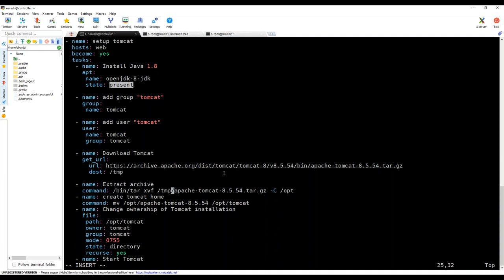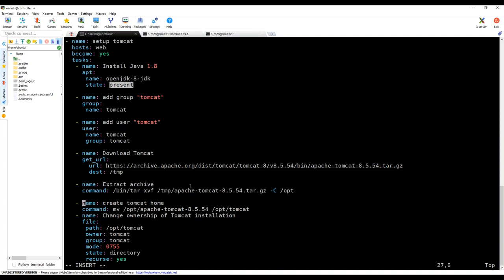The URL is what I'm changing. You must check this URL is working, team. If it is not working, your playbook will fail. So let's say that I'm extracting the tar to the opt folder, which means I'm installing things to the opt folder accordingly. Now once I do this, I'm creating some symlinks or moving something here,